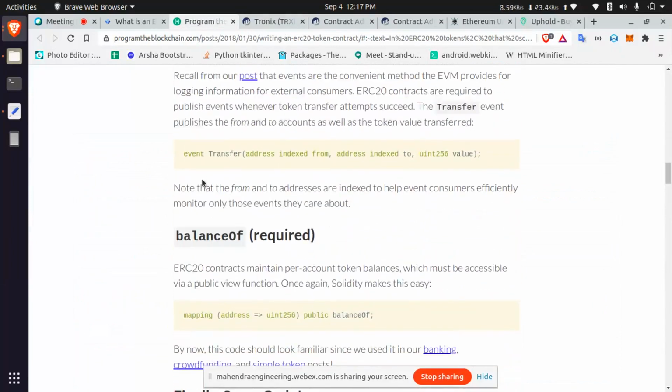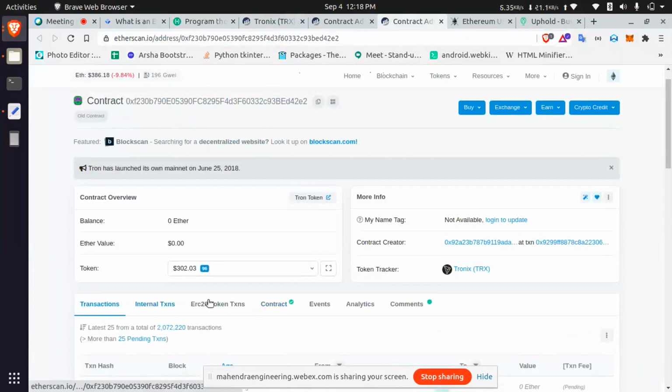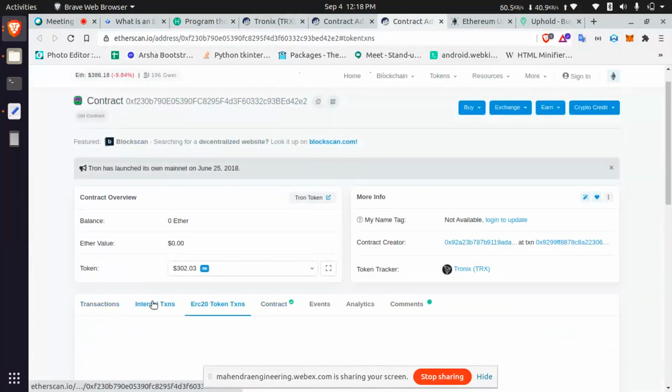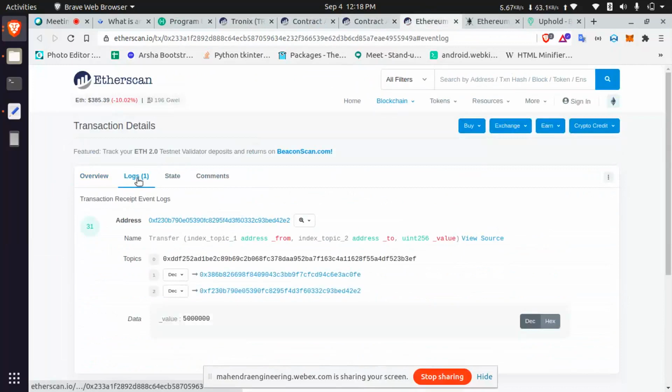Transfer. This is an event. If you are doing any blockchain transactions at the contract level, you can create events. Let's see, in this contract, we will select one transaction like an ERC20 transaction. I'm opening this. See the logs.